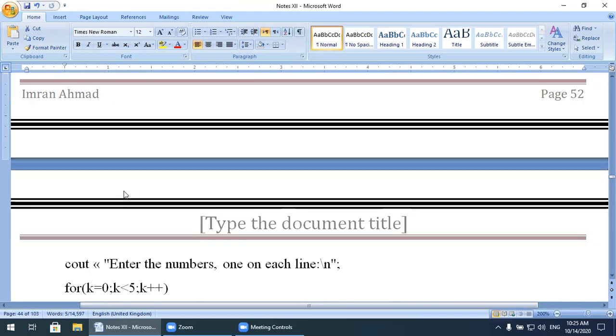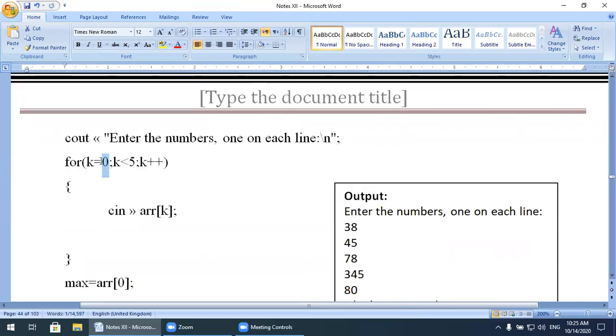So I start from 0, and k is less than 5, not equal to 5. You can write 4 here as well, but then you write less than or equal to 4. And the next one is k plus plus.